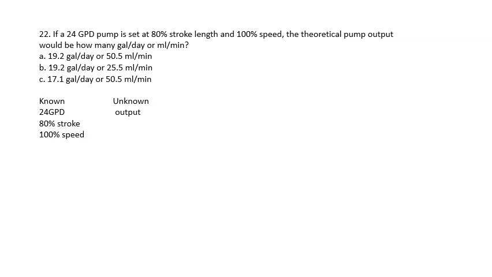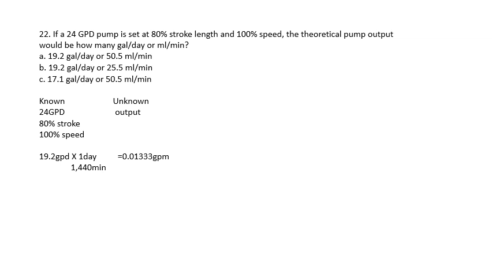So what we know is the pump is 24 gallons per day, it's 80% stroke and 100% speed. We're looking for the output. So 24 gallons per day times 0.8, because you're only getting 80% stroke, gives you 19.2 gallons per day. So now we need to find milliliters per minute. So we're going to do the 19.2 gallons per day divided by 1,440 minutes in a day. It gives you